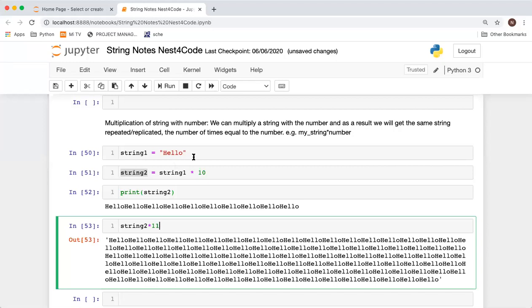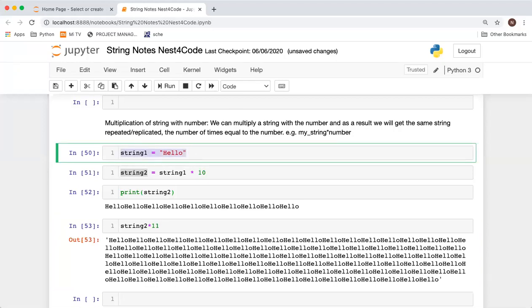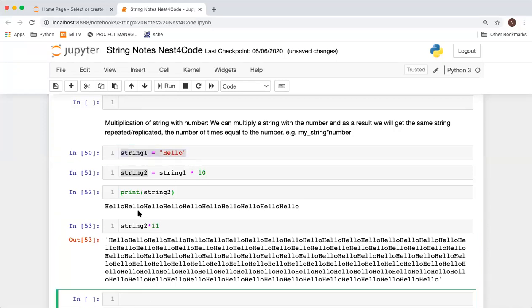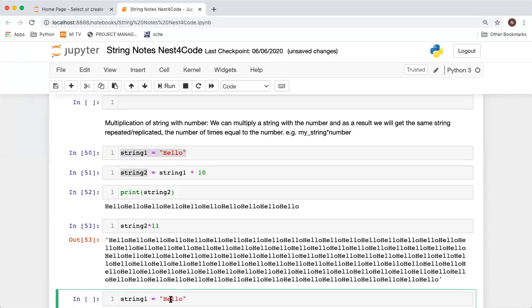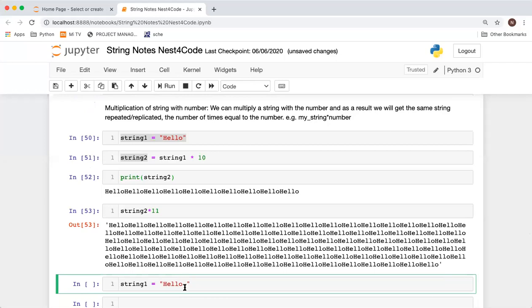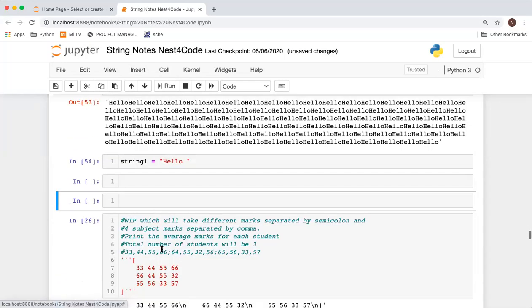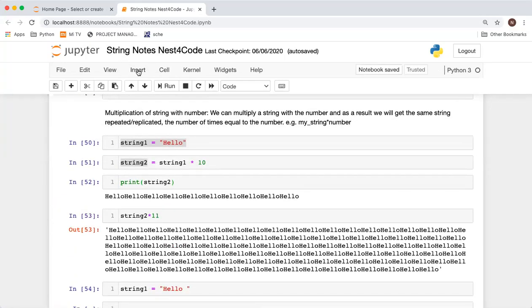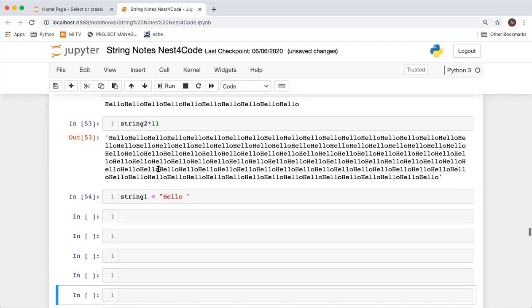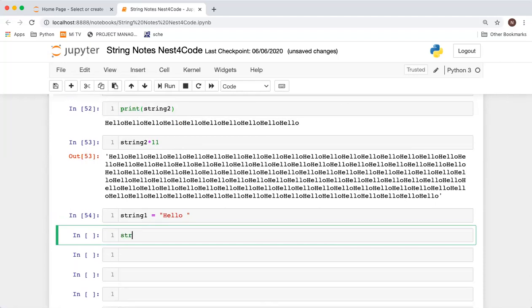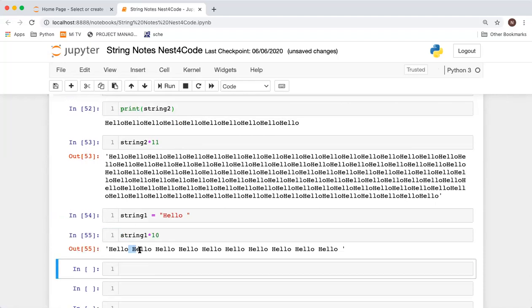Someone is asking how we can add a space in between, like if you want a space after hello. One thing you can do is just put hello with a space, like this. I think this is a good question. I define an initial string with hello, and now we can say string 1 into 10, and you can see hello repeats.